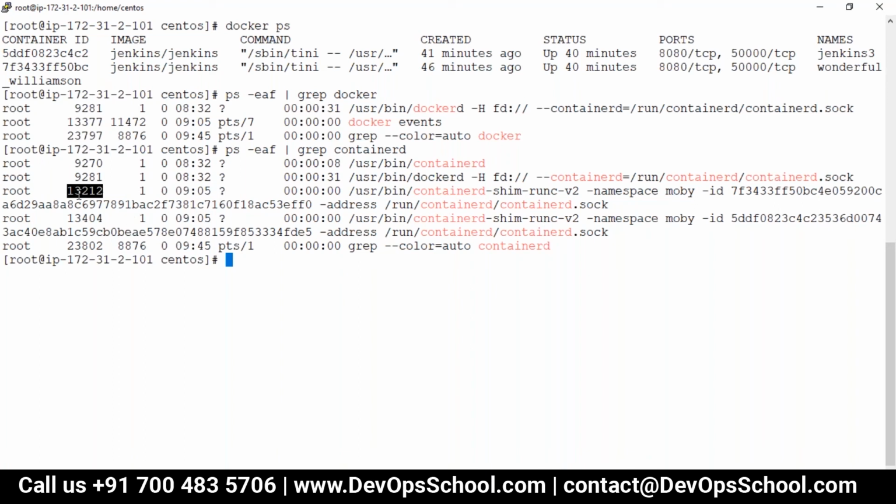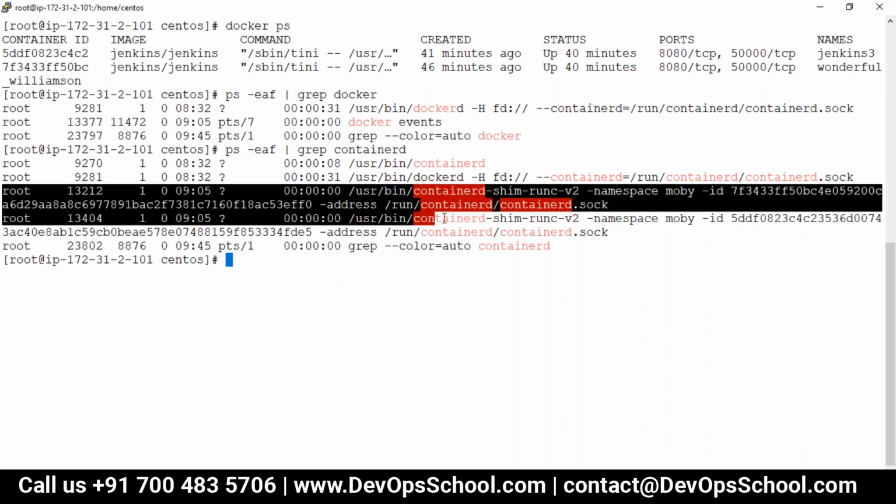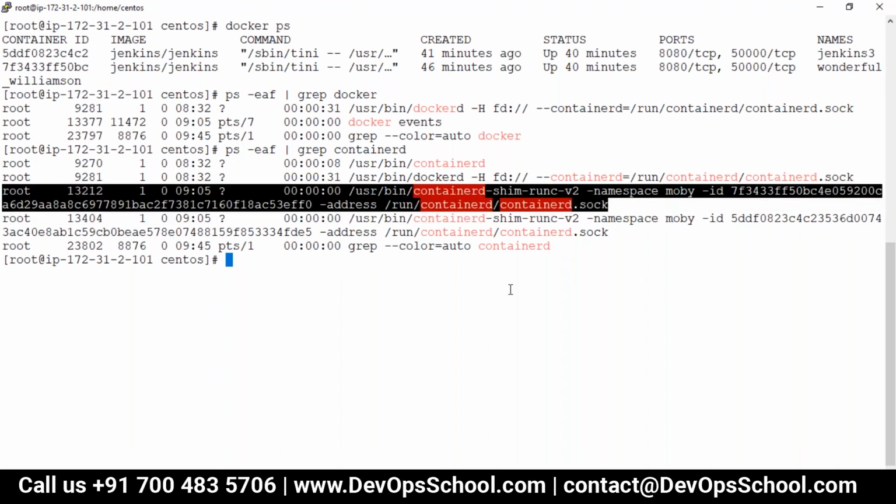You see here, this container is also from PID 1. See, this is the PID of this, and this is the PPID. So in fact, you see here how the container is being governed. This is your container process on the host machine, and that also belongs to the same PID 1.